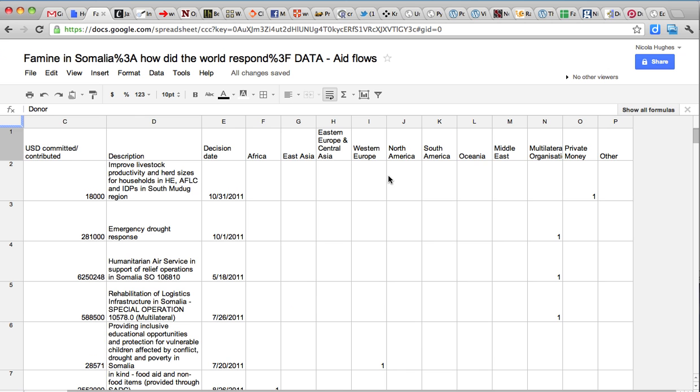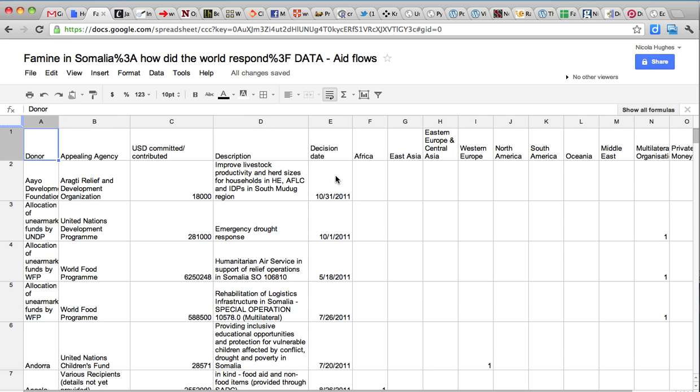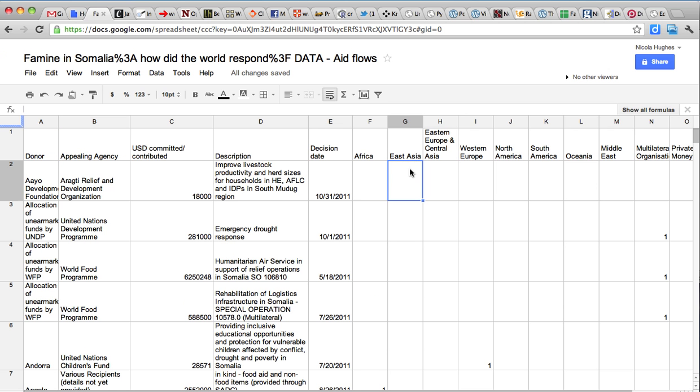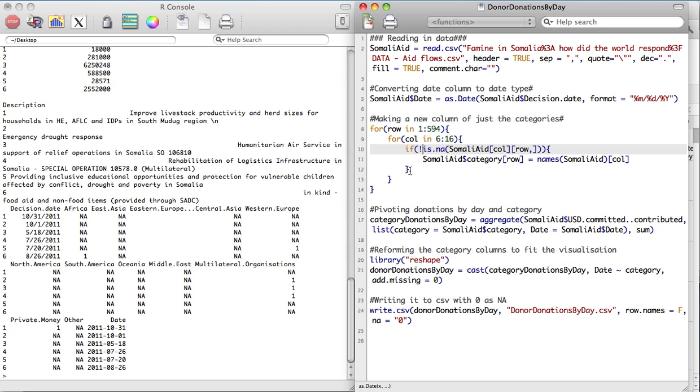to 16. So unlike most programming languages, R starts counting at 1 rather than 0. So this is column 1, 2, 3, 4, 5, 6. So this little loop is iterating through all this area here, going down all the rows and looking at only the categories. And this if statement is saying if the entry that is in that particular row and column, so it's looking in each of these squares, and it's saying if it's not